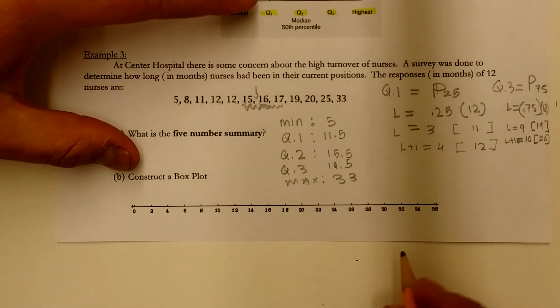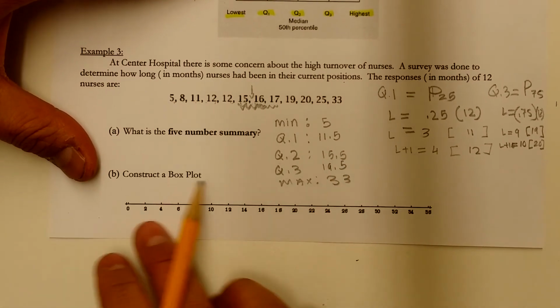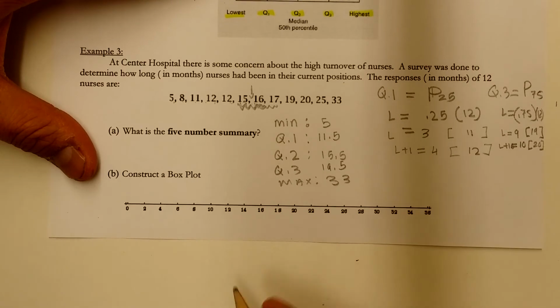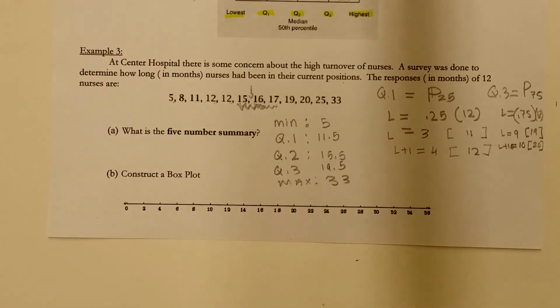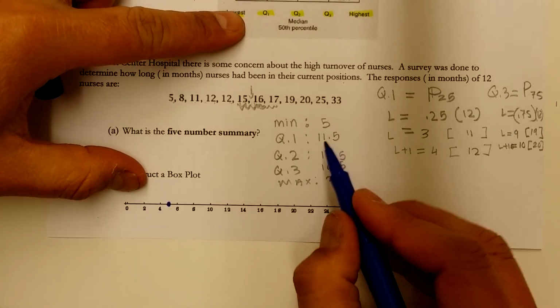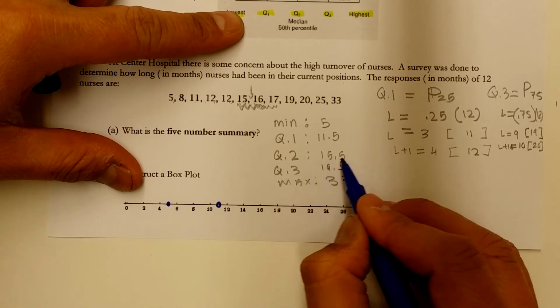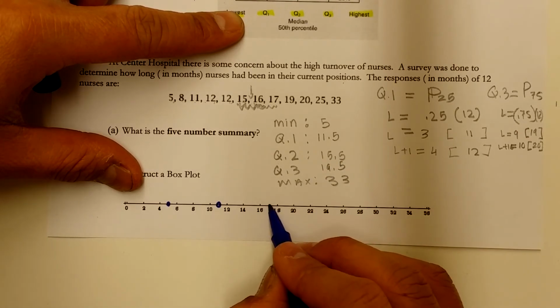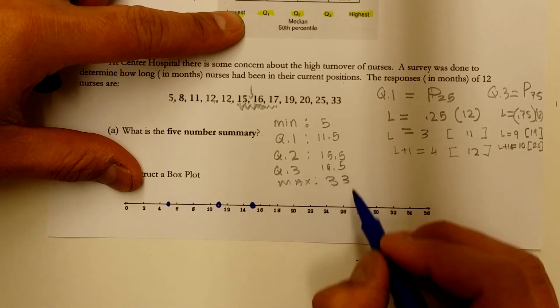So to construct a box plot is pretty easy. All you have to do is plot these points on a number line. So I drew this number line, and we're going to plot these. Start by plotting the minimum value, which is 5. So put a dot on 5. Plot quartile 1, 11.5, then 15.5, then 19.5,